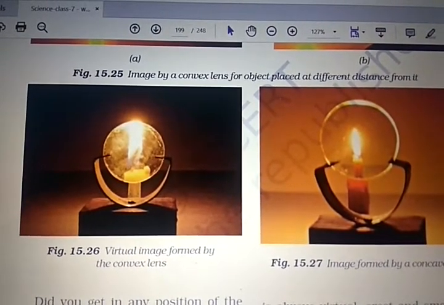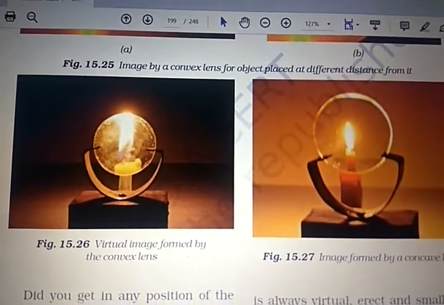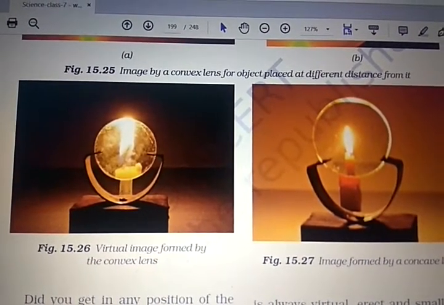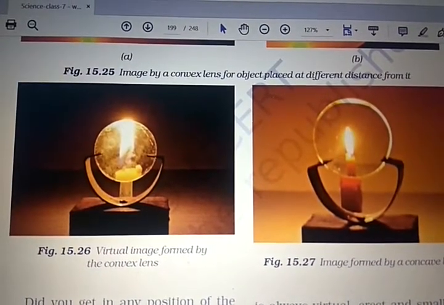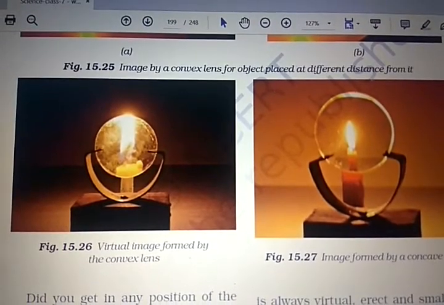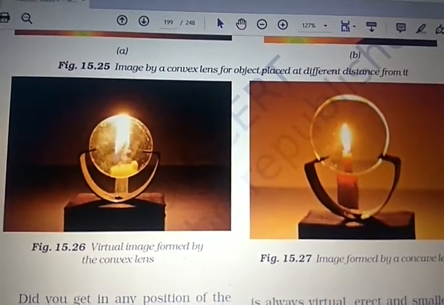So through a convex lens you get both kinds of image: a real and inverted image, and also a virtual and erect image.